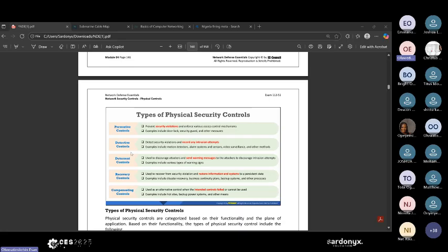So you also have recovery controls, which are used to recover from security violations and restore information and systems to a persistent state. Examples are disaster recovery, business continuity plans, backup systems, and other processes. Business continuity means being able to continue business even when there's a disaster. The bad thing is that you can't continue business when there's a disaster. And that's why most of these compliance standards that I've told you before, PCI DSS, still fall under risk management. Because most of the time we have more business risks than technical risks. I've told you that a number of times.